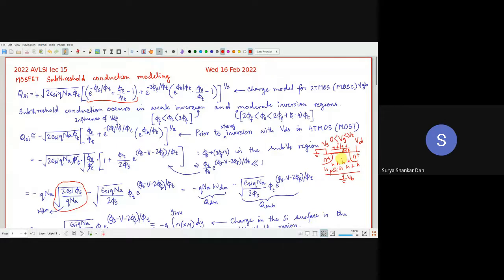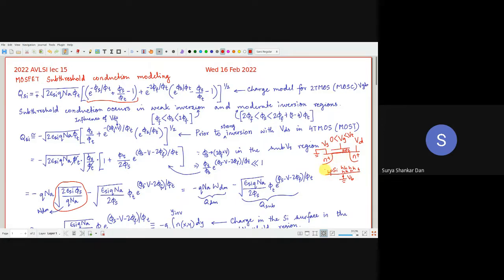So this region will be practically devoid of any mobile holes. Okay, there will be charges because of the acceptor impurities and all that, but let's not go into all those details. So as of now, we will understand that it is free of the mobile holes. Mobile holes, electrons have not come yet. So if there are no holes here, the holes have been pushed away because of these positive charges on the terminal, because Vg is greater than 0. The holes are all settled more towards the substrate terminal. They have been driven out of this region.